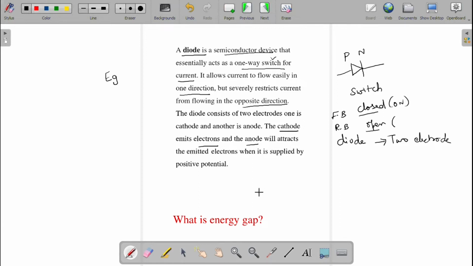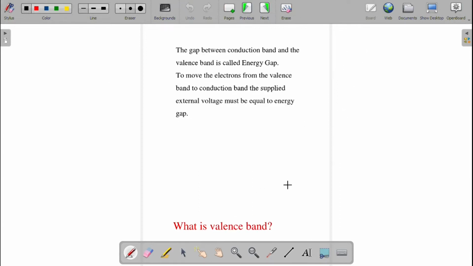Okay. So next, what is energy gap? Energy gap of a PN junction diode. So the gap between the conduction band and the valency band. Actually, to represent a semiconductor, conductor or insulator, we draw the energy band gap diagram. Here, the lower energy level is EV, that is the valency band, VB. I am writing valency band, and this is EC, that is the conduction band. Conduction band. Okay, so the gap between the conduction band and the valency band is called band gap or energy